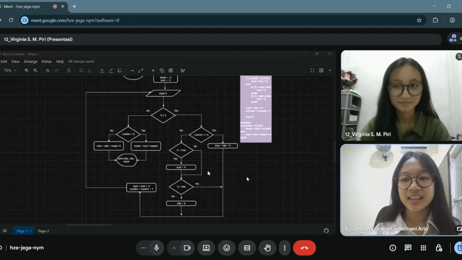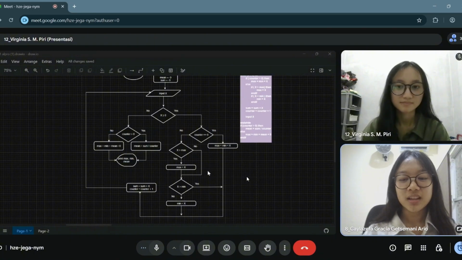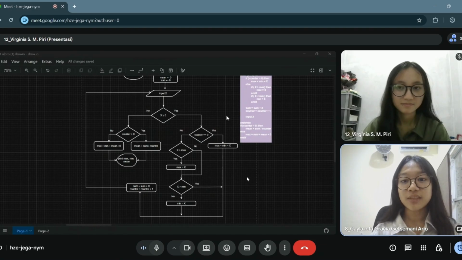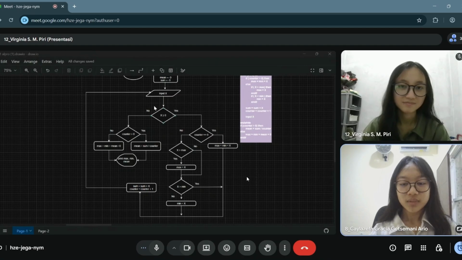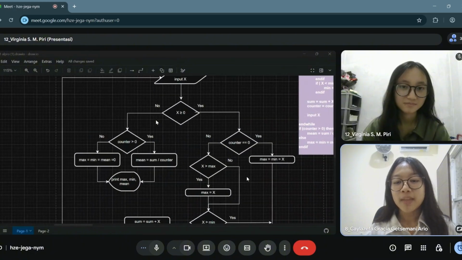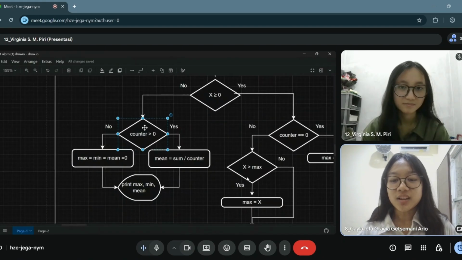Okay, guys, in this part we'll be looping. The looping happens if the user inputs a positive integer number and will stop looping if the user enters a negative integer. So if the user enters the negative integer, the program will ask, is counter larger than 0?